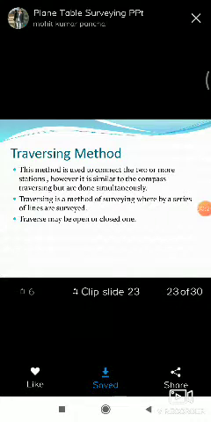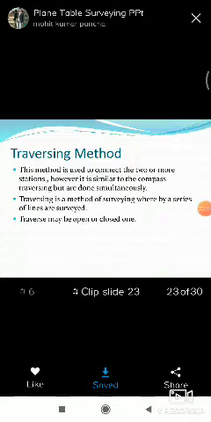In a similar way, with the help of plane table survey, first we select the traverse. It may be an open traverse or a closed traverse. After selecting the traverse stations, the plane table is set at the first station. The traverse stations are selected in such a way that on the ground all stations are visible from each other.